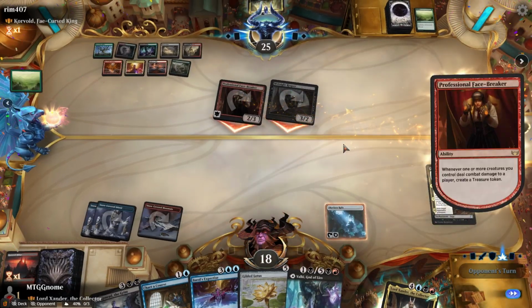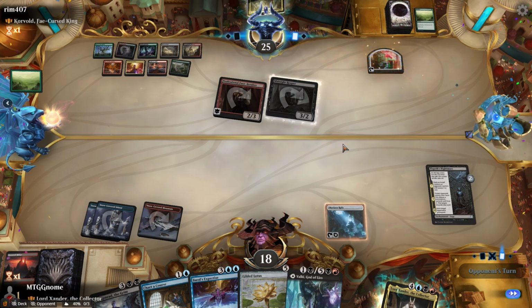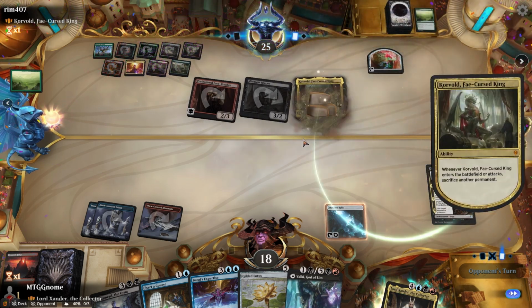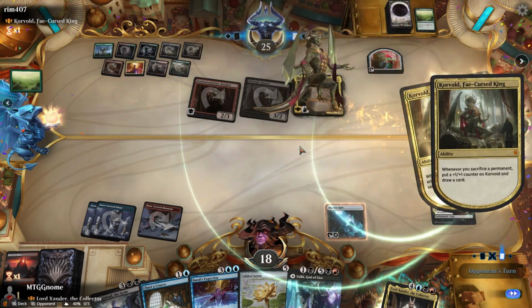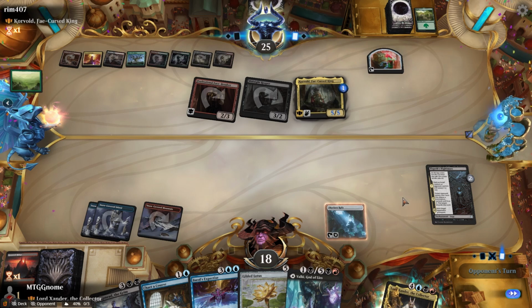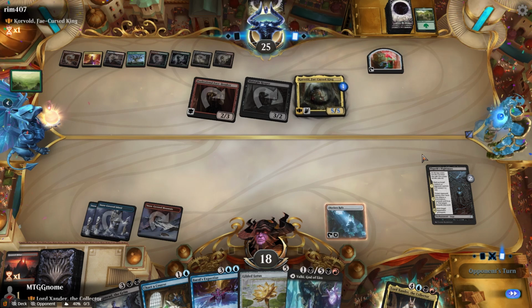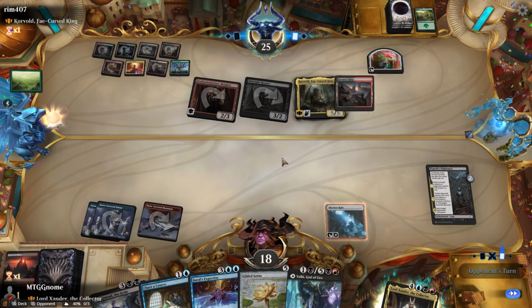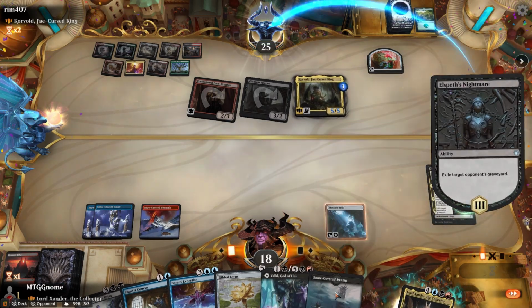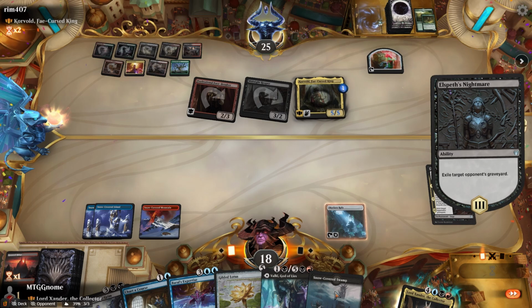So we might just lose here just because of that. That set us just so far back. Dealing with Corvold. Damn, that Casualties of War is so annoying. If we draw a land... Yeah, I was gonna say, if we draw a land, we could probably...